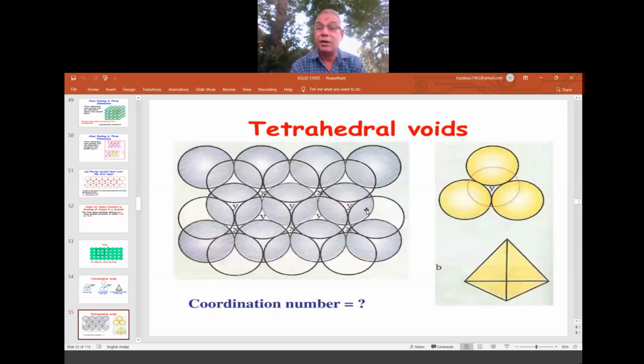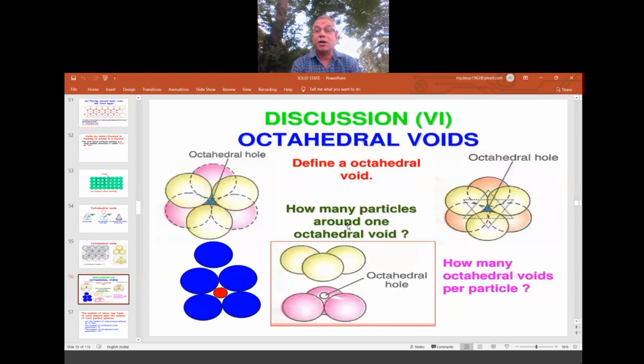Now see here, tetrahedral voids are there. So only one coordination number, what? 4. Right. Now octahedral voids. Octahedral voids are created with the help of 3, see, 3 above, 3 below, but you see the arrangement facing towards me, facing away from me. And this is the hole, because on this void, this is what I am fixing. So like this, you see here. If you don't fix here, the size of the void is bigger.